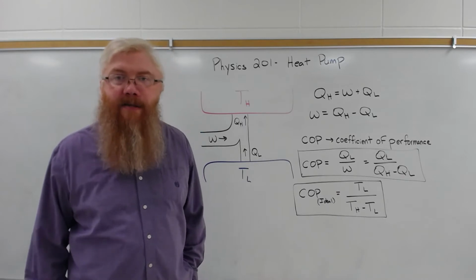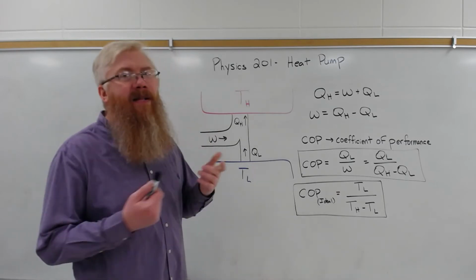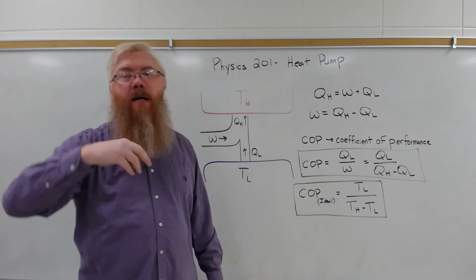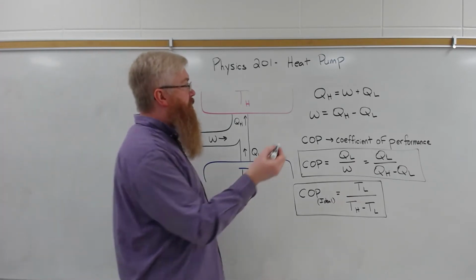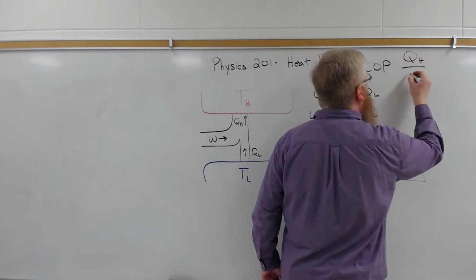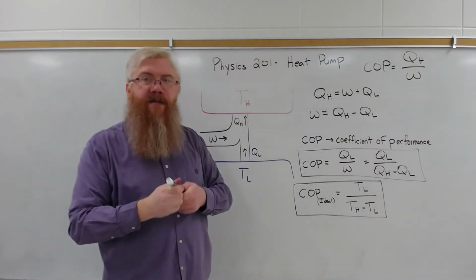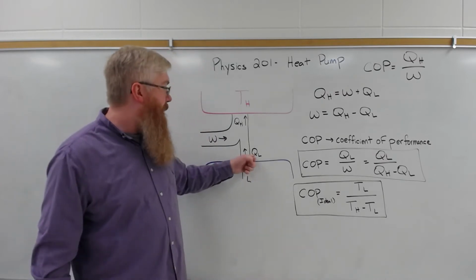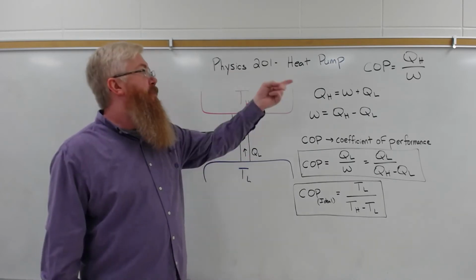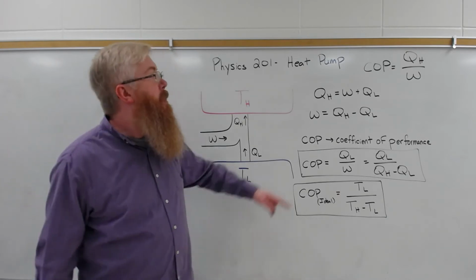It won't work spontaneously. Now your book gets a little pedantic and it talks about heat pumps. It says, well, technically the idea of a heat pump is it takes cool air outside, pulls heat from it, and dumps it into your house. So the coefficient of performance for a heat pump is technically Q sub H over the work done, not Q sub L. Because in a refrigerator, you're removing heat from a cold reservoir and the heat you're dumping is waste heat. Whereas for a heat pump, technically, you're pulling heat from a cold reservoir. That's the heat you want, right?